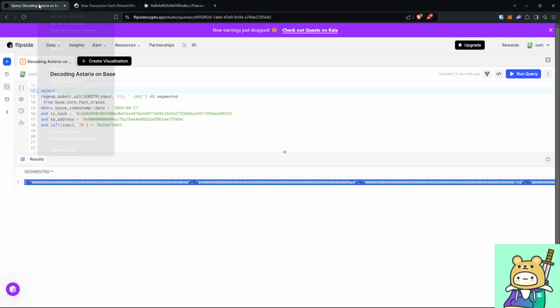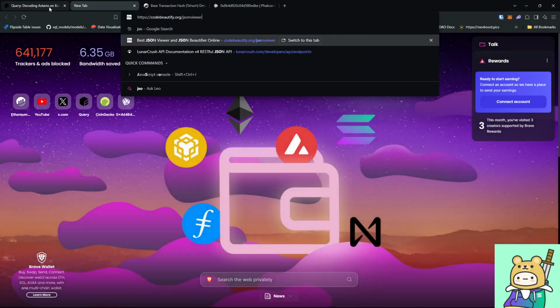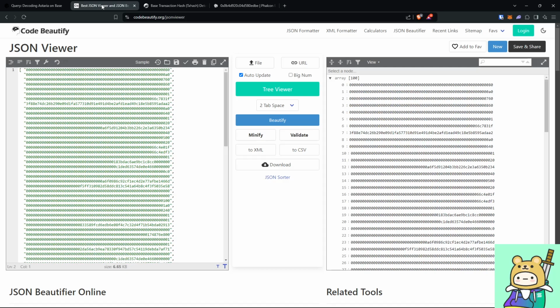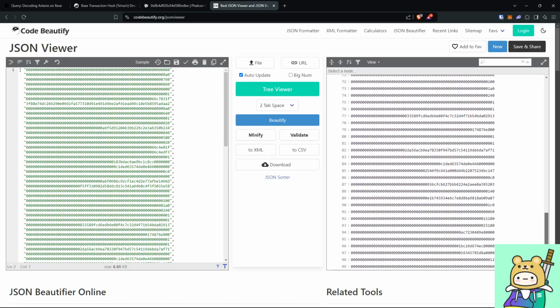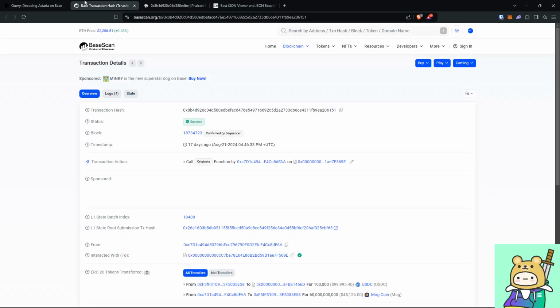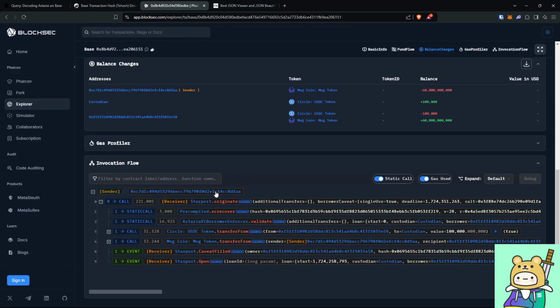Does that work? Then I go on to another favorite site, the JSON beautifier sites. So this would be my tab for the input data, the raw input data that we're going to decode. Next step, because there are no implementation contracts used, which means there are no delegate calls being made to another contract,